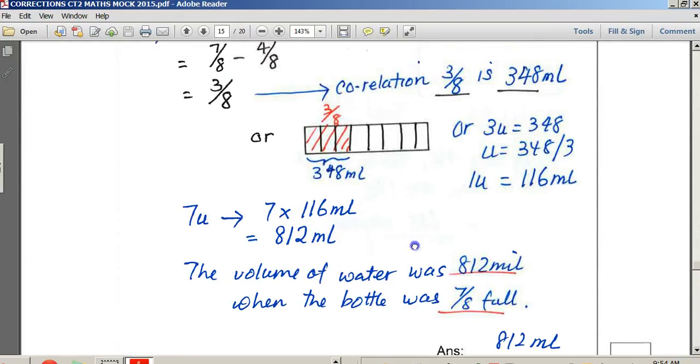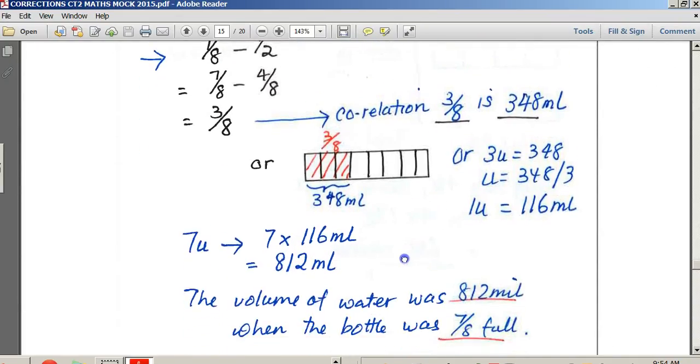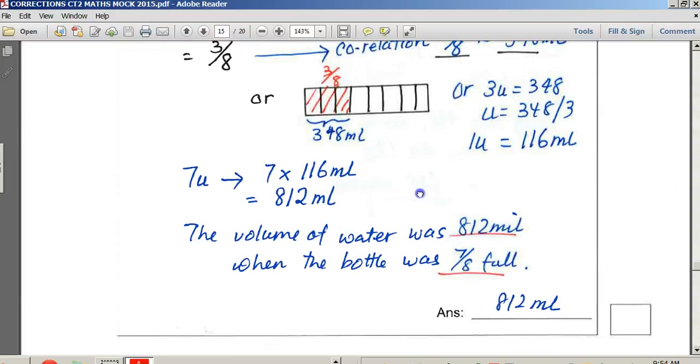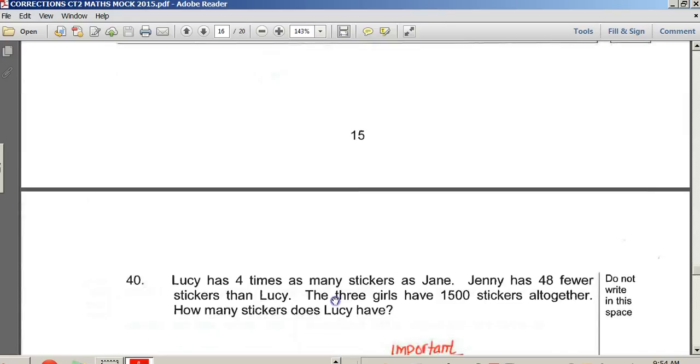Please pause the video, look at it again and again, and organize your steps very carefully to prepare yourself for the coming mock paper. Next,